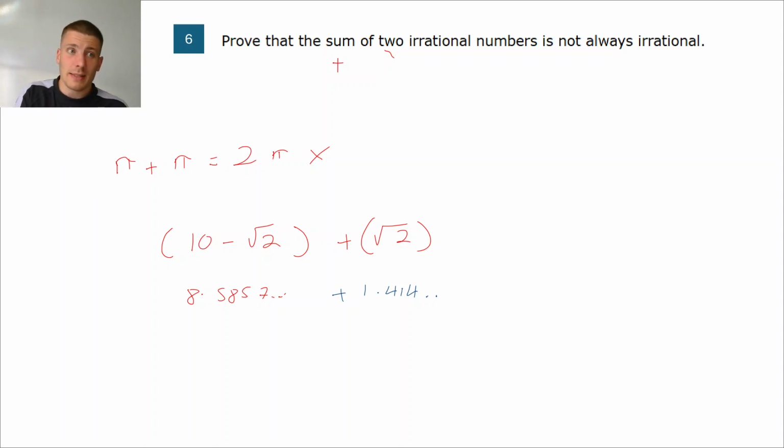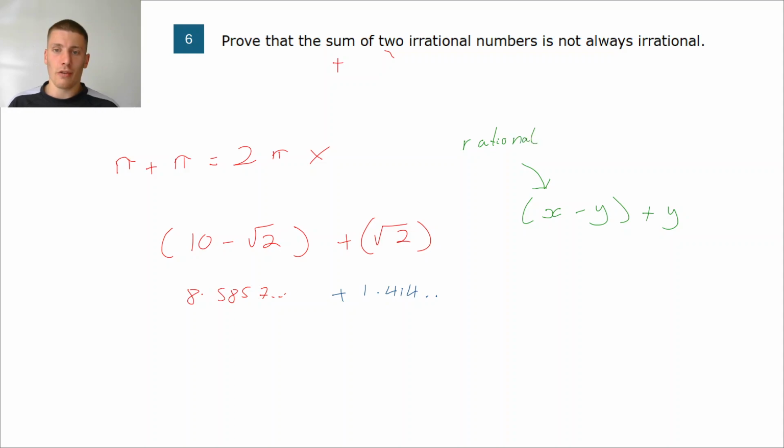If I want to be really fancy, I mean, that is plenty, but if you want to be fancy about this, you could say something like, if you do x take away another number like this, and you add on that number y, where x is a bit like the number 10, which is a rational number. So if x is rational and if y is irrational,